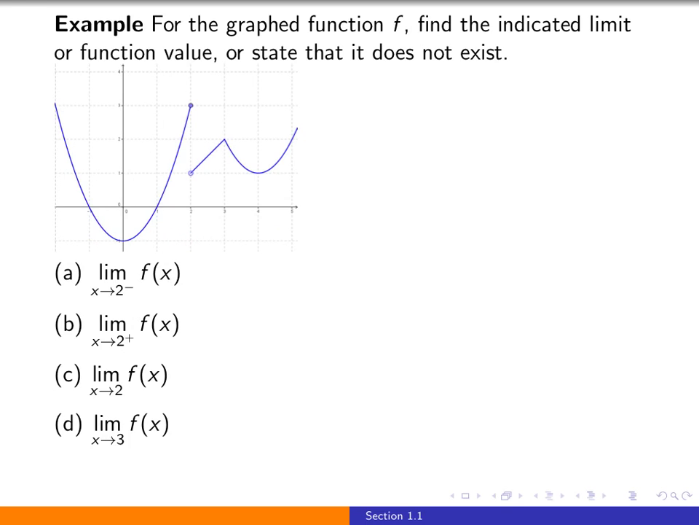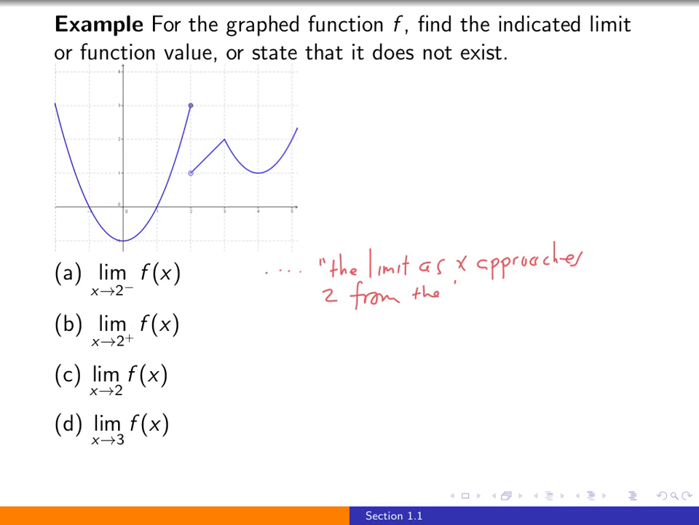parts A through D. So in part A, we're asked to find the limit as x approaches 2 from the minus of f of x. And what this actually means is the limit as x approaches 2 from the left. So to get that in words, the symbols that we see to the left is asking us to determine the limit as x approaches 2